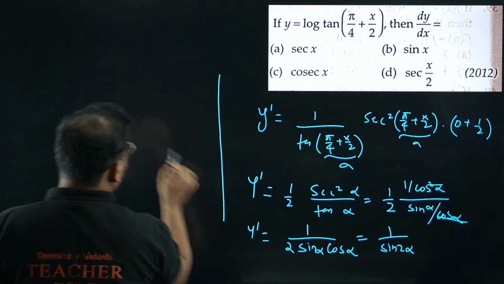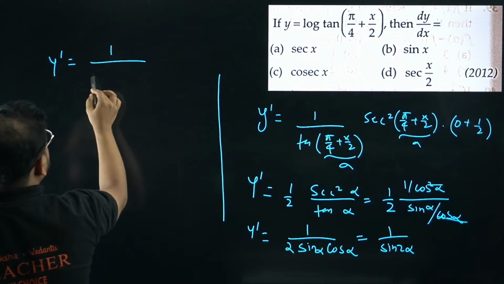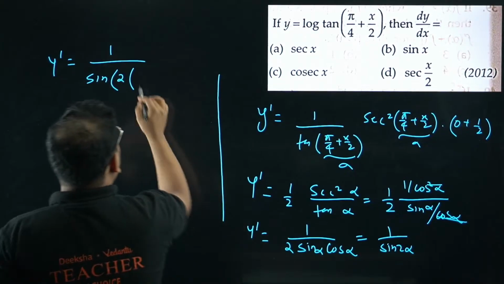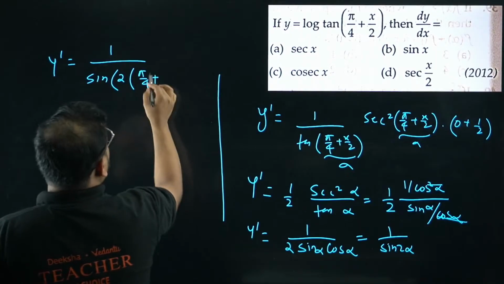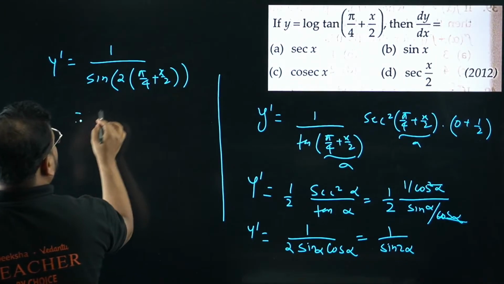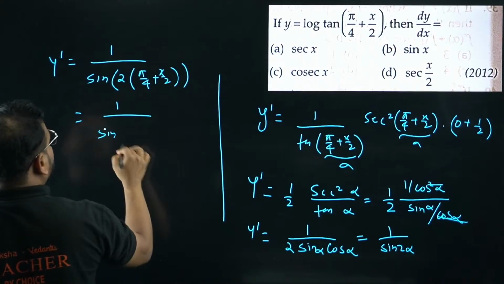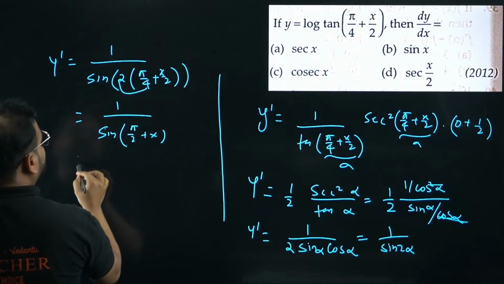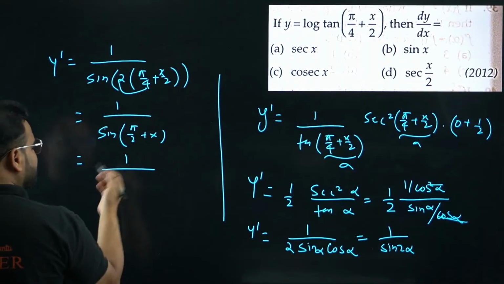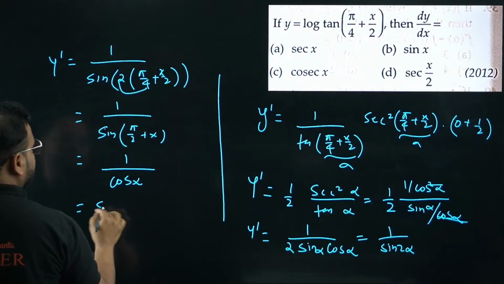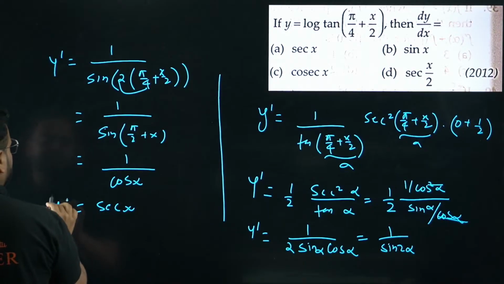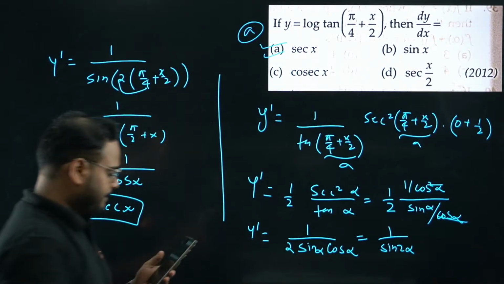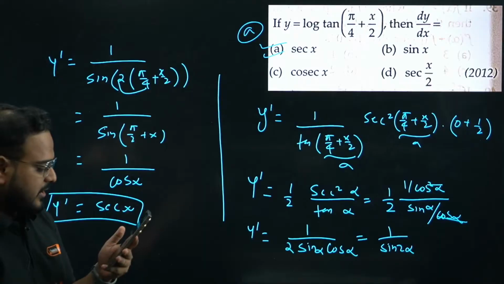Okay, continue now. So y dash is nothing but, have a look, 1 upon sine, put the value of alpha back now. So we have 2 times of pi by 4 plus x by 2. Okay, so I get 1 by sine, it will become pi by 2 plus x, right? If you move this 2 inside, pi by 2 plus x with sine, how much is that? 1 upon sine of pi by 2 plus x. Second quadrant, sine is positive, so cos x, answer will be sec x. 1 by cos is sec. So this is my answer for derivative. Please check, answer is A actually. All of you please check, answer is A. Yes, all of you please check.